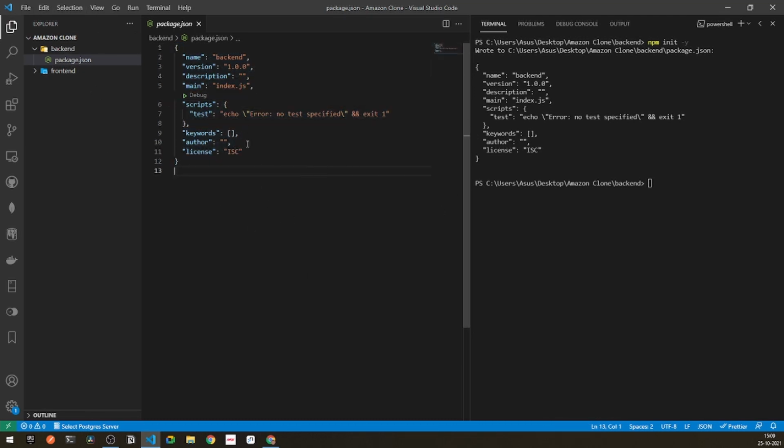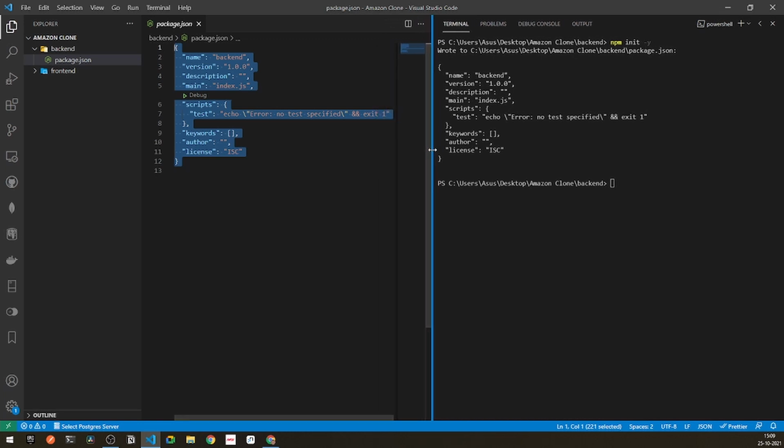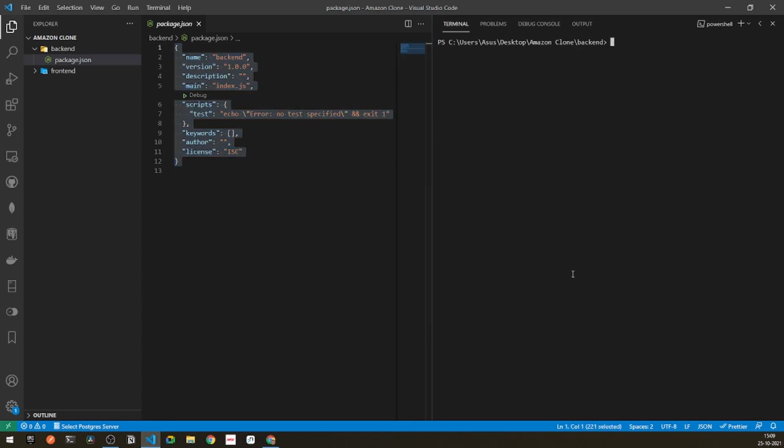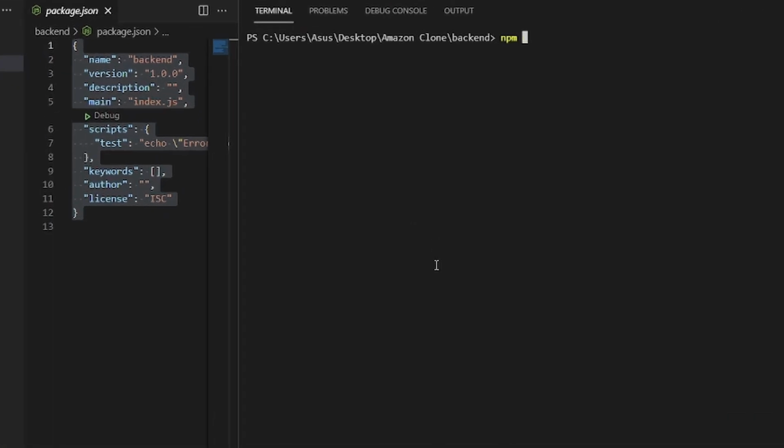So what we need to do is add certain packages, that is certain dependencies, under our package.json file. Similar to Flutter, where we added some dependencies with the help of the pubspec.yaml file, we need to add some dependencies here as well. To get all the dependencies, you simply have to write npm install and a dependency name. Now for the server of our entire application, we will be using Express.js. So here I will be simply writing npm install express.